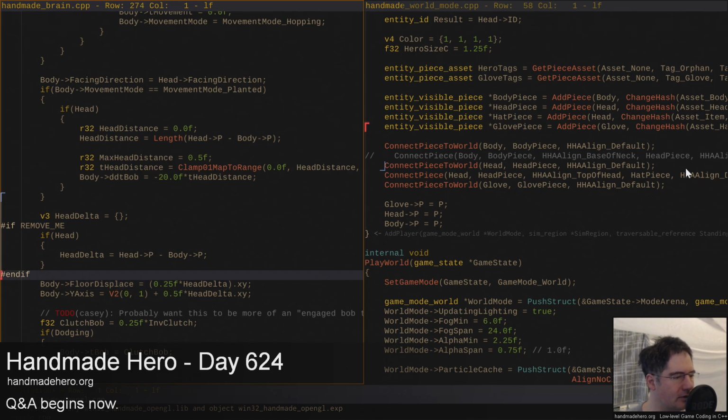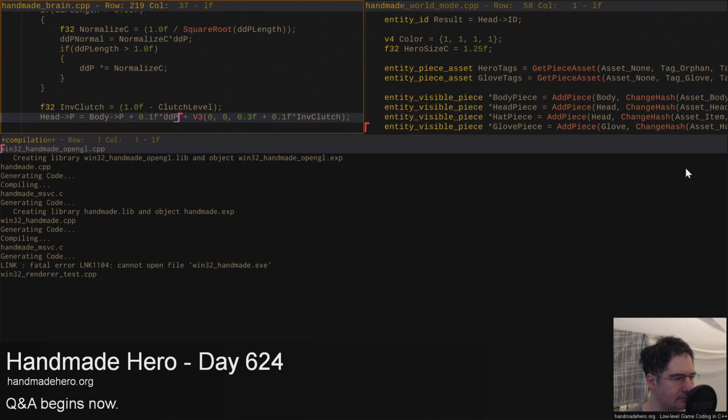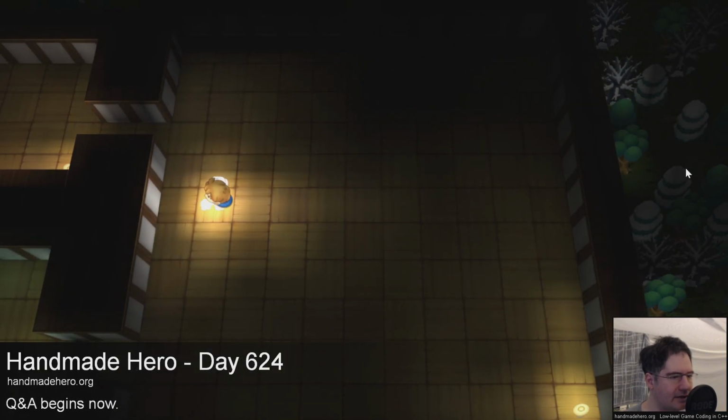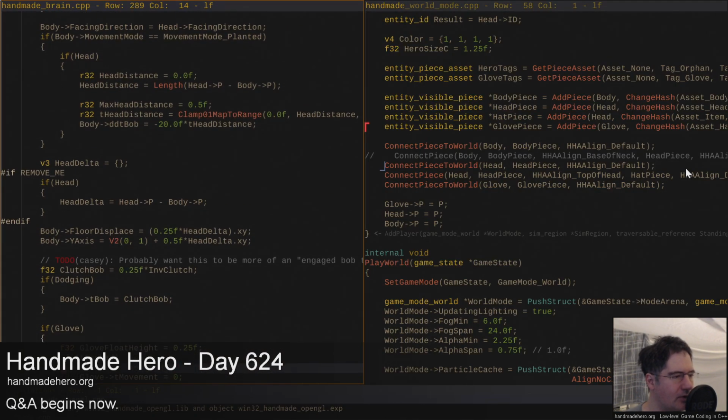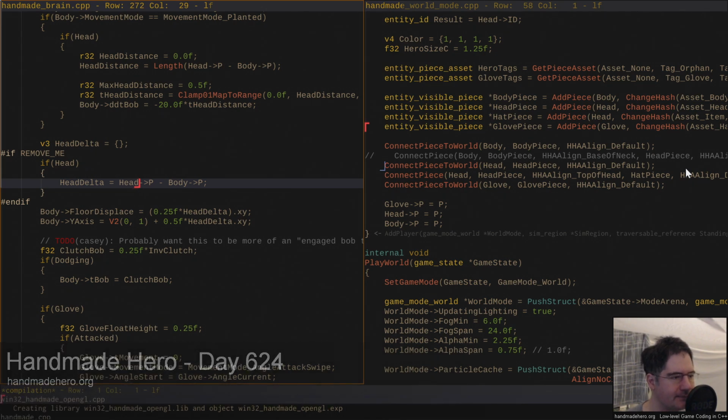But we'll see. So let's leave this where it is, and say that the head delta is not going to be a thing. It's just not going to happen at the moment. Then we're going to go in here and put this DDP value back in, and that solves our particular problem there. So probably this head delta thing was trying to do some work where we were attempting to use the actual displacement of the head from the body, which we expected to be quite large. By making it so that it only moves a little bit relative to the body, by putting that 0.1 maybe,